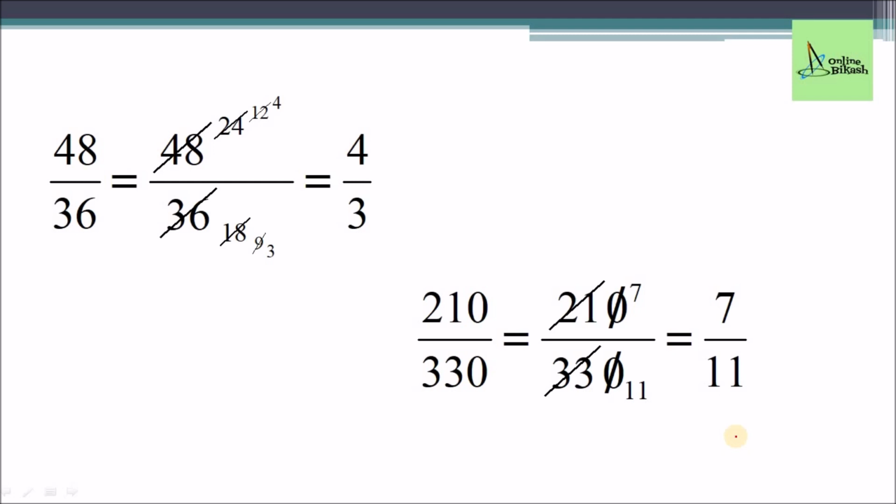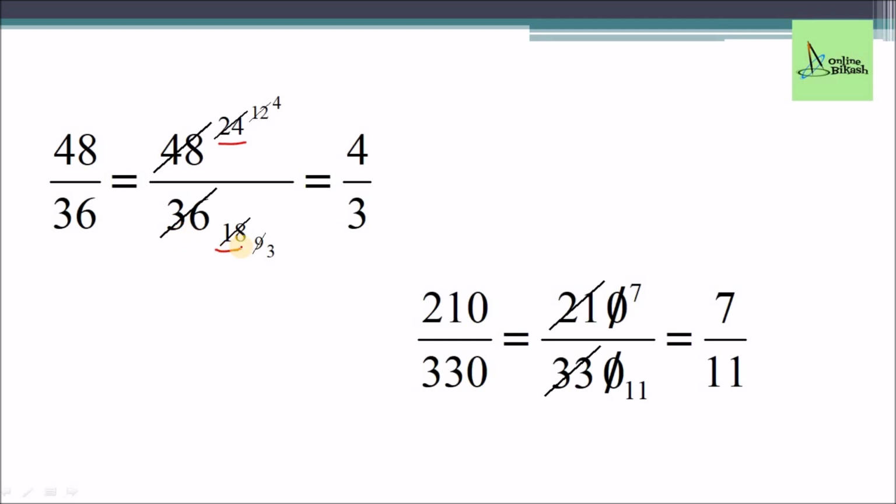Now look at this one, 48 by 36. In this case, you might be thinking, what number will divide 48 and 36? We do not know. But at least we know that we can divide both the numerator and denominator by 2, since they are even numbers, and all even numbers are divisible by 2. So 2 can divide both 48 and 36. What will be the answer? If you divide this, 2 2s are 4 and 2 4s are 8, that means 24 will be the answer here. And if you divide by 2, 2 1s are 2, 1 will be carried here to 16, so 2 8s are 16, so 18 will be the answer.